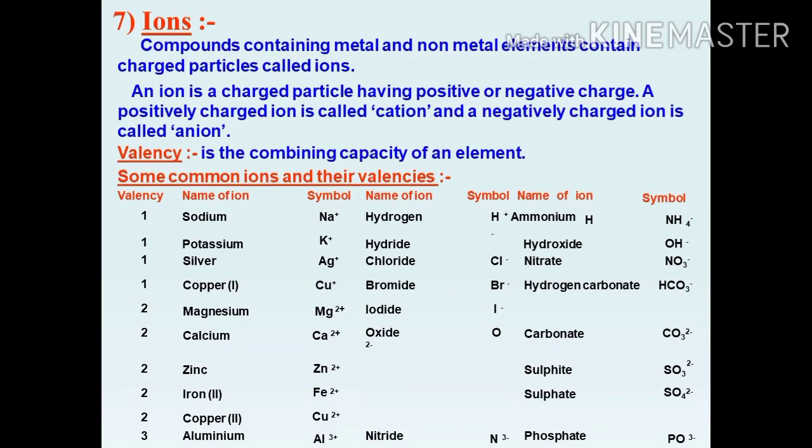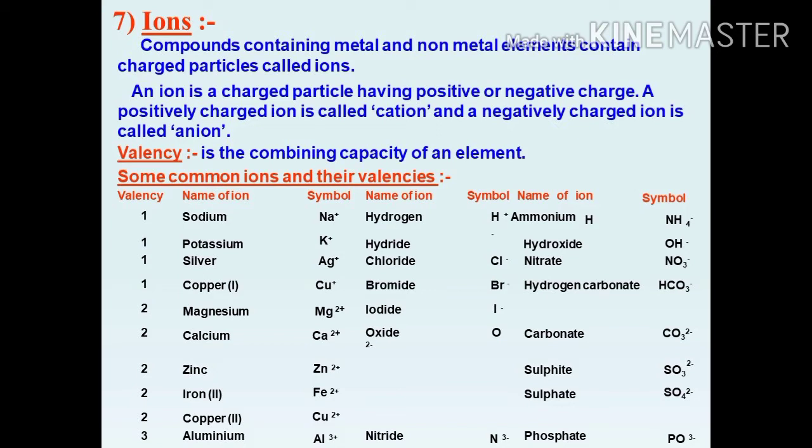Then the next definition, valency. What is the meaning of valency? Valency is the combining capacity of an element. What is an atom? It is the smallest unit of every matter. The number of atoms combined to form an element or molecule; the number of elements combined to form a compound. So valency is the combining capacity of the element. When the elements are combined, we get a compound. So for that combining, we need valency. Valency is the combining capacity of an element.